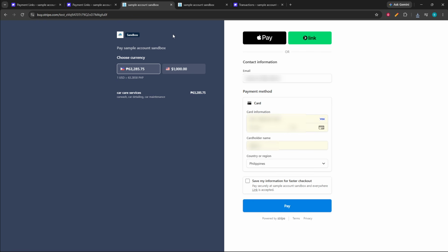On the checkout page, review the product information carefully. Check that the amount and currency are correct before moving on. Now enter the required customer details and any billing information requested by the checkout form. In the card number field, use Stripe's standard successful test Visa number